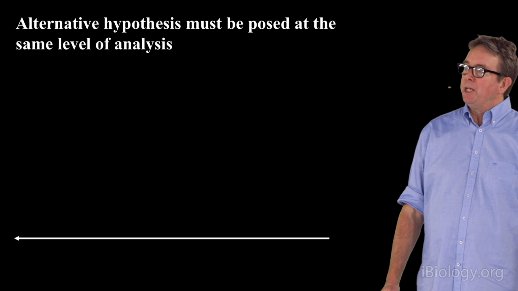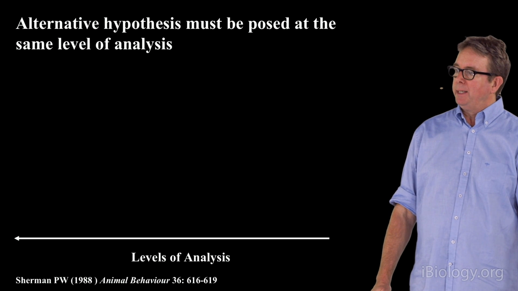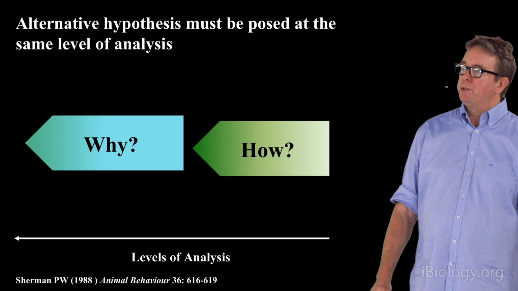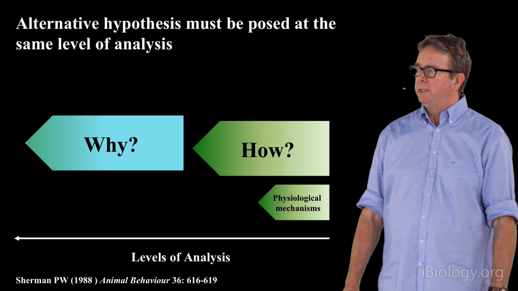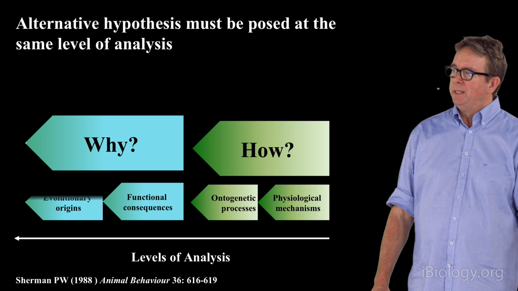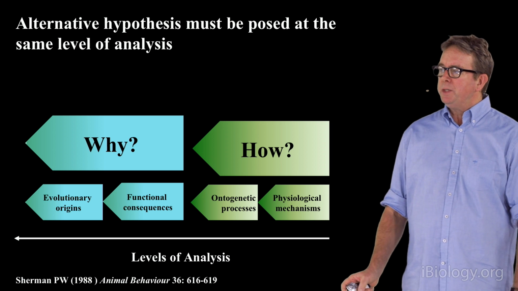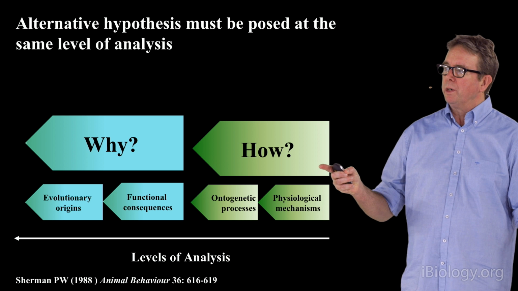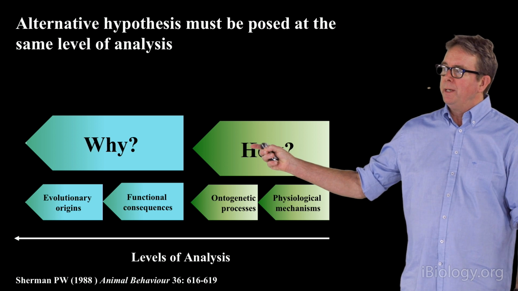So, as Paul Sherman has pointed out in an important paper in Animal Behaviour, these levels are important to keep straight, and alternative hypotheses must be posed at the same level for science to advance. Now, in this field, which spans questions from how things work to why things work,